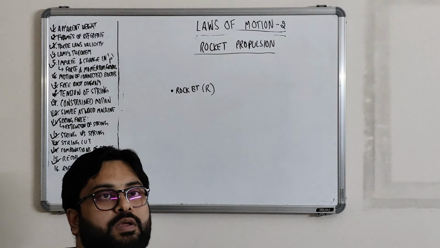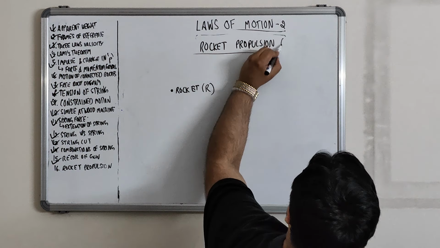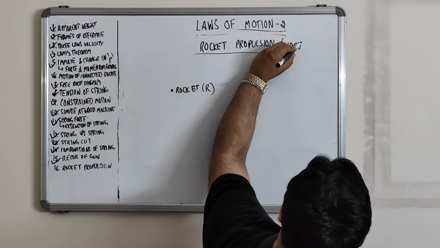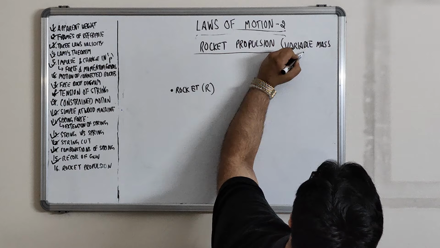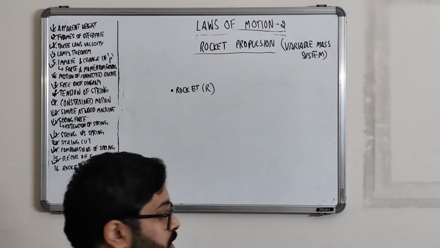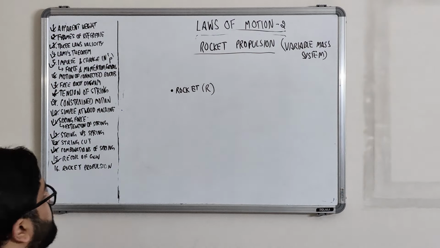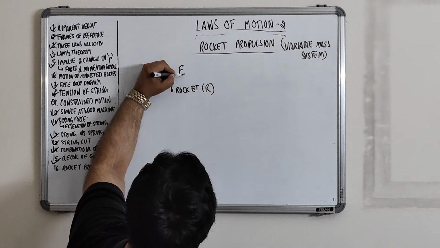Now the rocket propulsion, you can say, is the variable mass system. It's going up because of a certain thrust